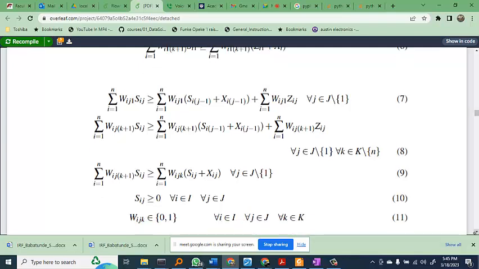I could go through these. This one is the start time of the first machine. This is the start time of the first job scheduled on machine J, and that has to be bigger than or equal to the completion time on the previous machine plus the waiting time. This one says the start time of the K+1th job scheduled on machine J must be bigger than or